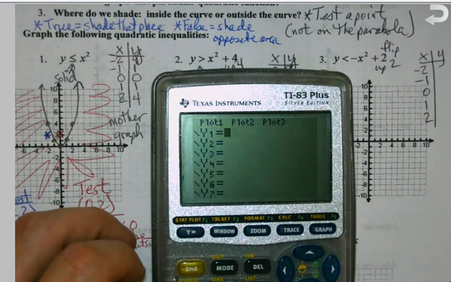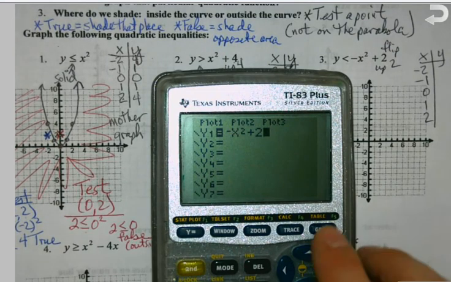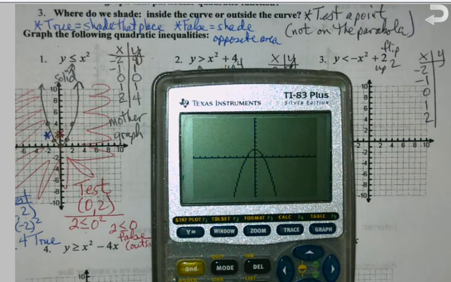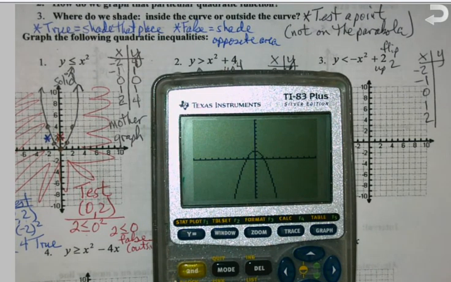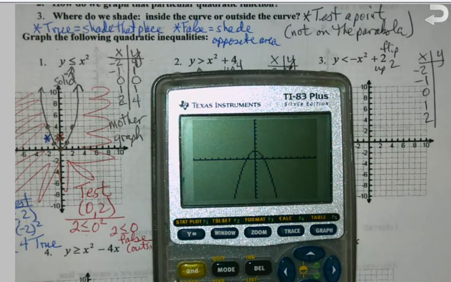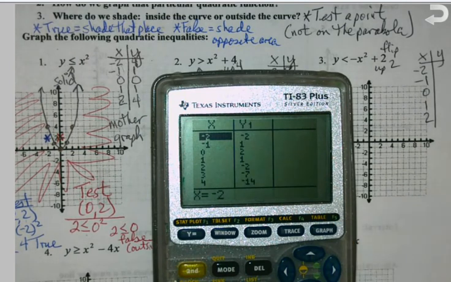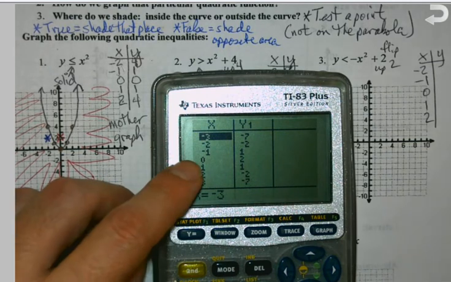So I've got negative x squared plus 2. And I decide, okay, I'm going to graph this one on here. I knew it was going to open down because, well, it's got a negative x squared. I knew that it was going to shift up 2, and I see that happen. But I'm not quite sure where the points are right now, so how's this supposed to work? Okay? I can still go to second graph and go to my table,